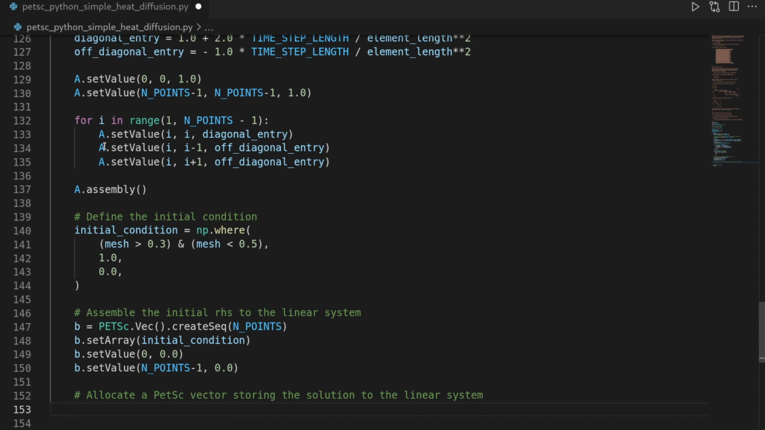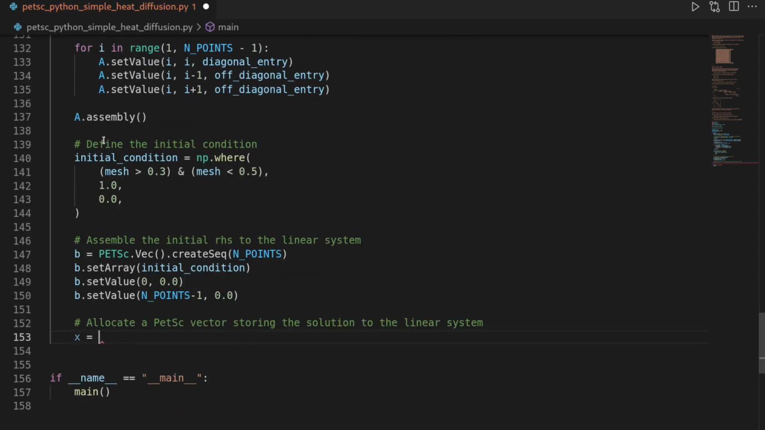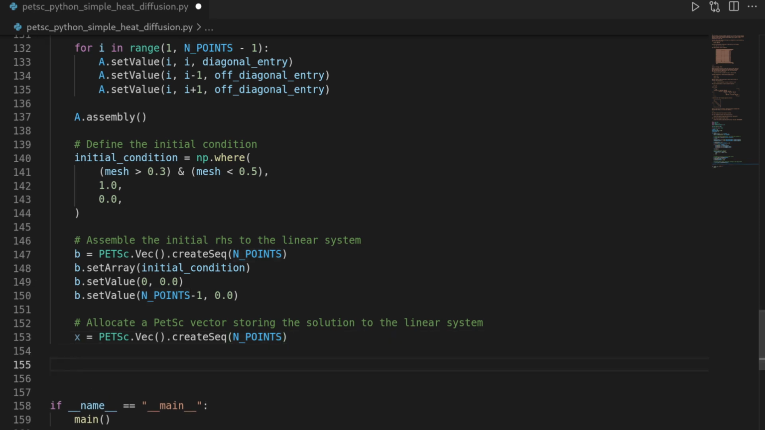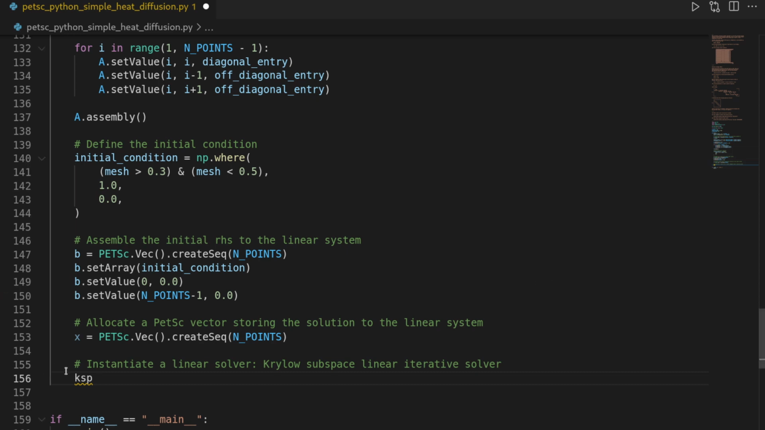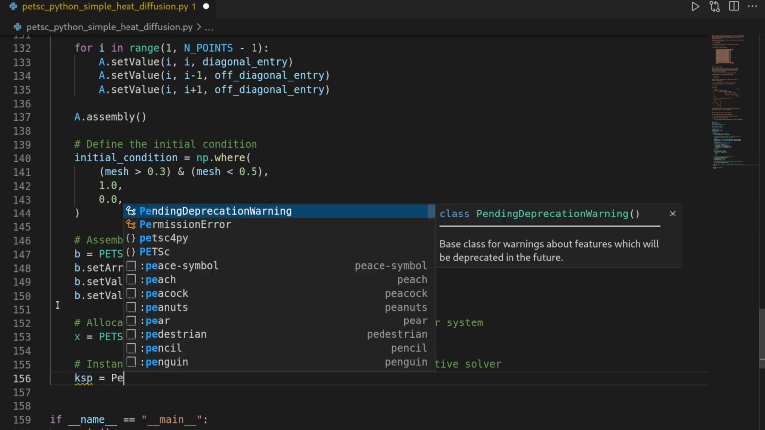And this one I want to call X, also by convention, which will be PETSc.vector.create sequential and hand over endpoints. And then the last step before we can start our time stepping is to instantiate a linear solver. So we will instantiate a linear solver, and in our case this will be a Krylov-Subspace linear iterative solver. And I want to call this KSP. This is for Krylov-Subspace problem, I assume. And this one is given as